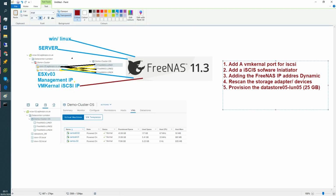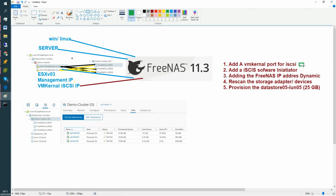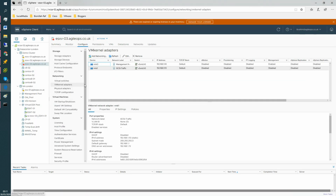It's a green tick box here. I'll just say this is done. Let's draw a square there, and then now we are going to add an iSCSI software initiator. Let's add an iSCSI software initiator. So for that you need to go to the